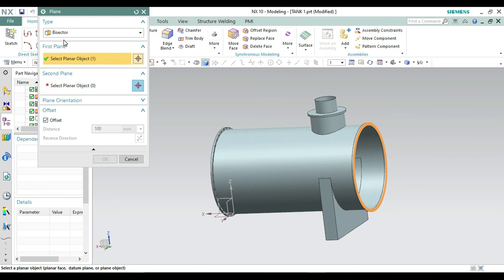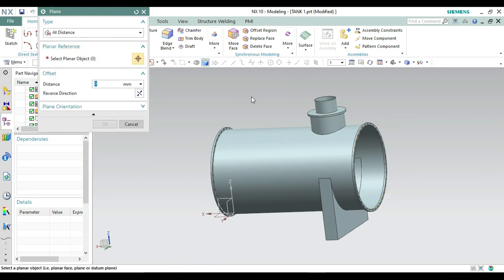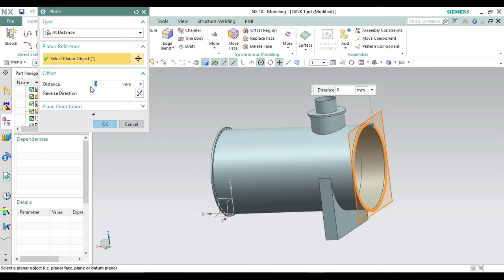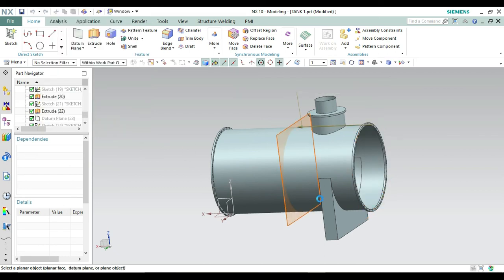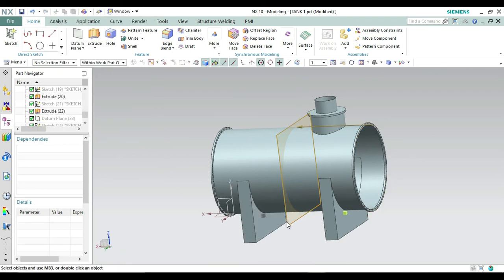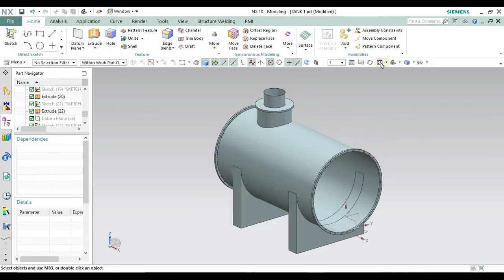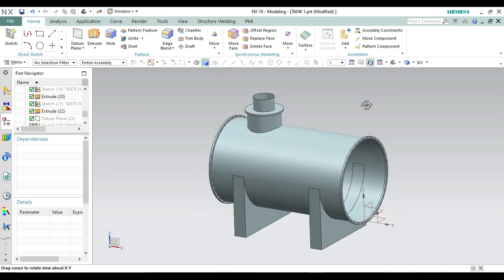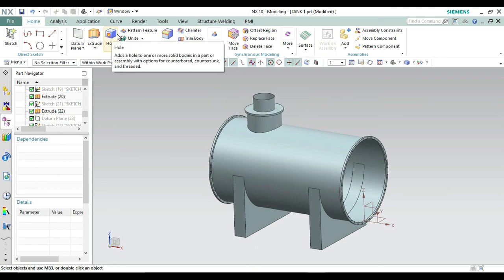From here it is a bisector plane, we need this at distance. So from here taking this one, reverse the direction, make it 1750 plus 40, so we'll get it in the center. Okay, so now it will get here and make it okay from here. Similarly we will get two stands, so in this way you can do this one. So here we have done a little bit of things. Two plates will also be needed here when we do the production of this.